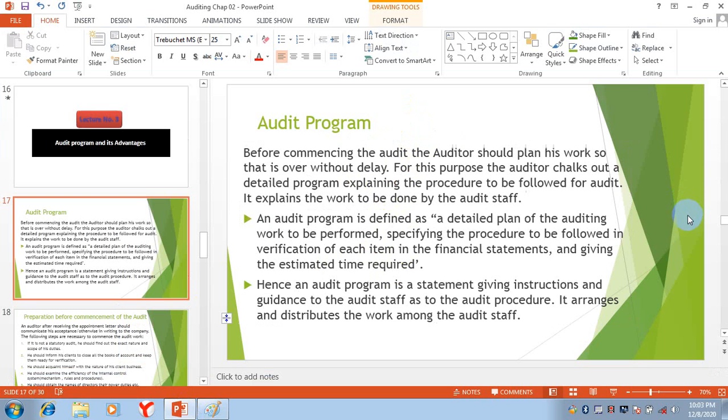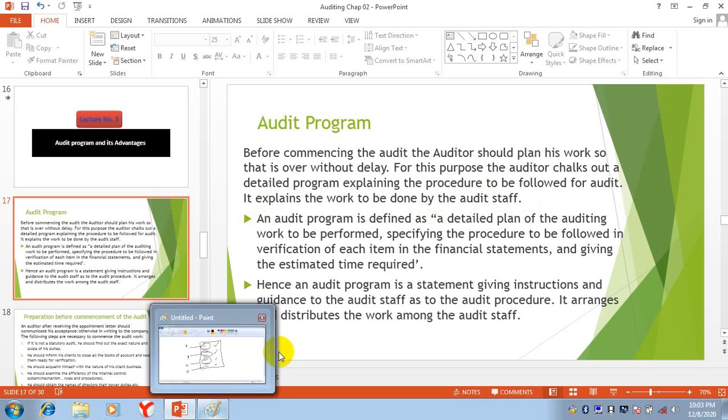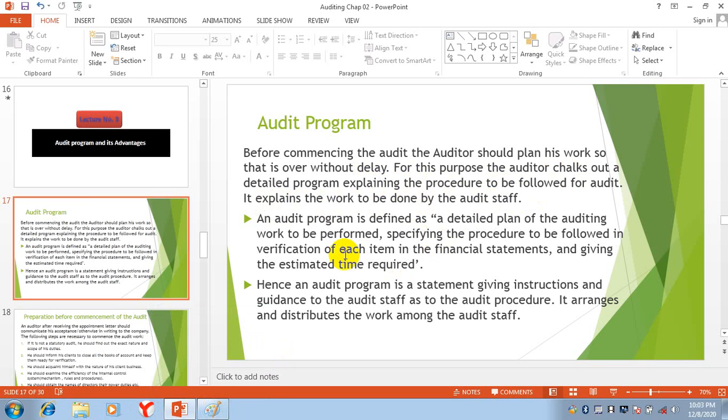In this audit program, we explain the procedure to be followed, which procedures we will use in the audit, and we divide the whole work among the audit staff: A will do this, B will do this, C will do this, and D will do this.